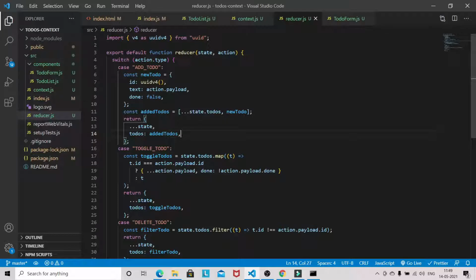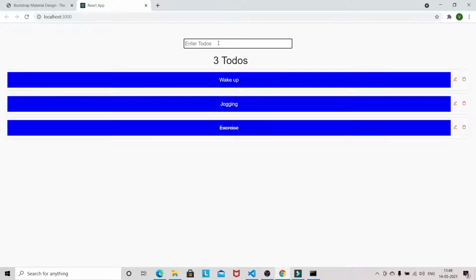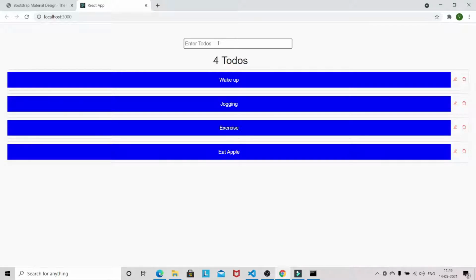Okay, so let's see whether the addition of todo is working or not. So let's add one item, eat apple. So now we are able to add the item as well.